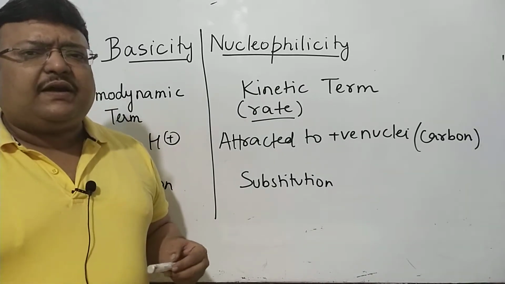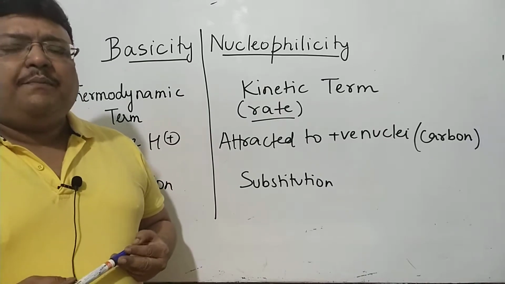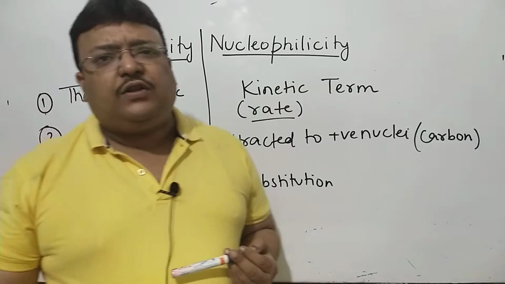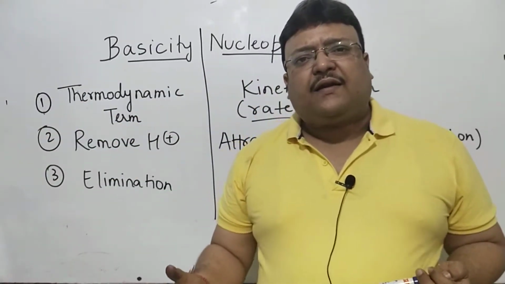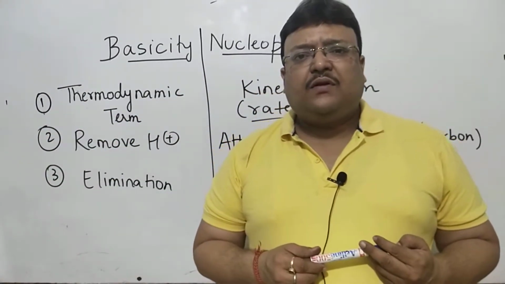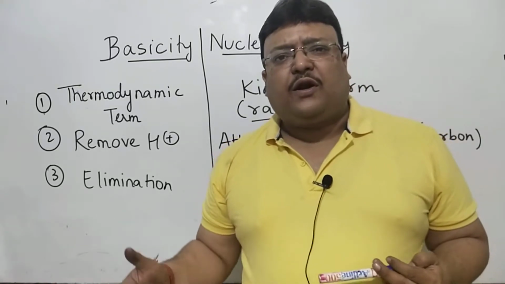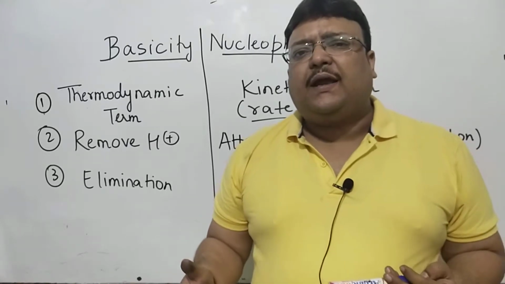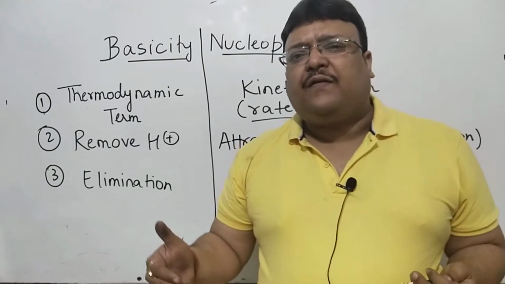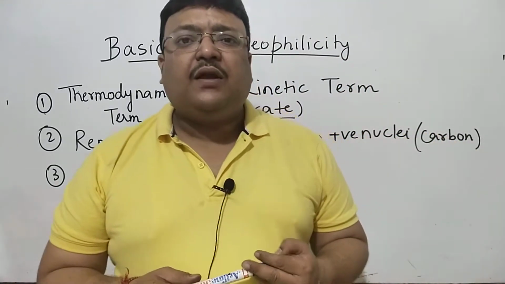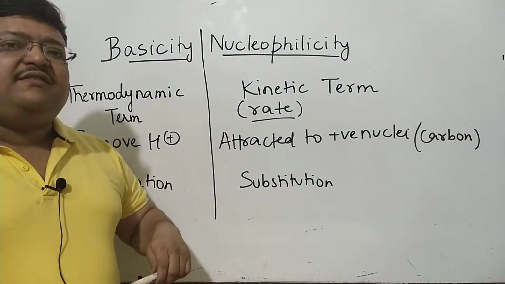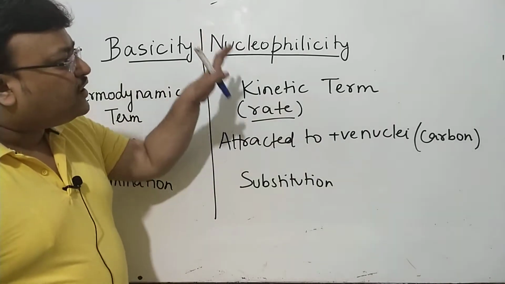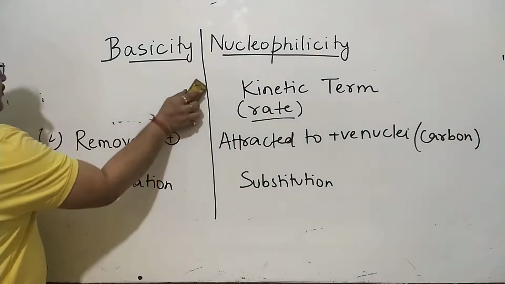We'll talk about leaving tendency in a little while, but let's see how basicity and nucleophilicity are related. I did tell you in the beginning, the same species can act as a nucleophile as well as a base. Certainly, to act as a base or a nucleophile, it might need a lone pair of electrons as well. So many times basicity and nucleophilicity are affected by the same set of properties, and we'll start with a note that generally a strong base is also a strong nucleophile. You'll want to keep copying this at your convenience.